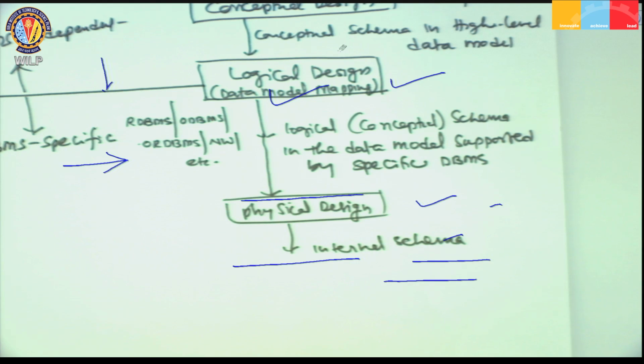And once we are done with the conceptual schema using ER diagrams or UML, we need to decide what implementation of the database management system we are going to use. It could be either RDBMS or ODBMS or ORDBMS, network model, and so on. There are so many data models available which are specific to the implementation. We need to choose one among them, and let us assume that we have chosen to go with the relational